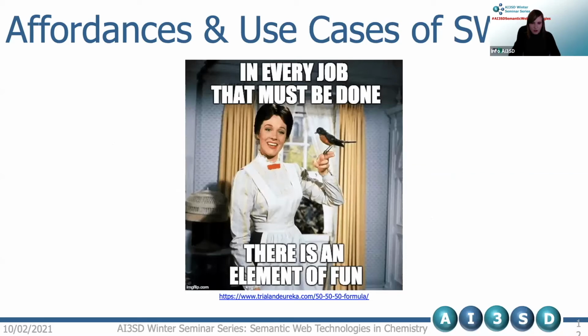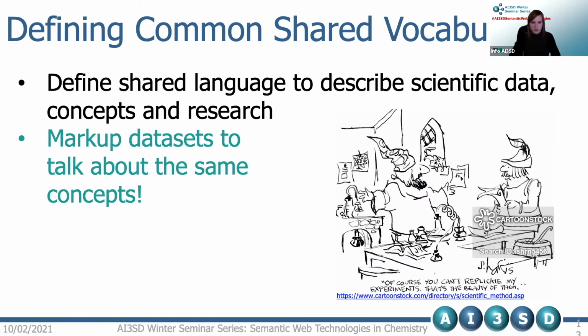So I'm now going to walk you through some of the affordances of the semantic web. The first one is defining a shared language, so you can be absolutely sure that you are talking about the same thing. Interestingly, I'm also leading an ethics working group looking at the unintended consequences of AI and digital collaboration in food. And one of the things we discovered early on was that when we were talking about terms that related to ethics and AI, even though we agreed in principle on the common terms that we needed to be thinking about, e.g. transparency, explainability, accessibility, we quickly realised that these words actually meant vastly different things across our different